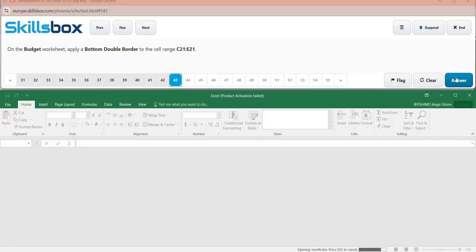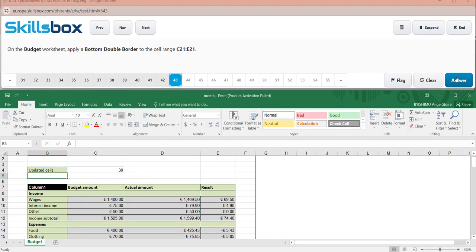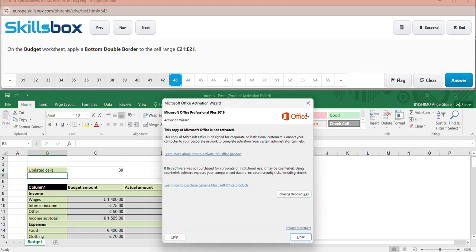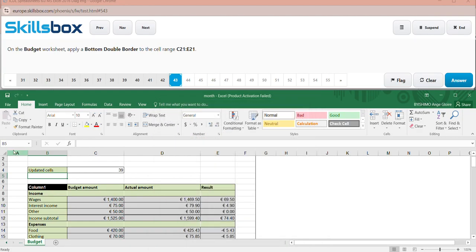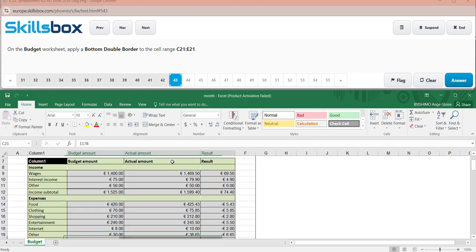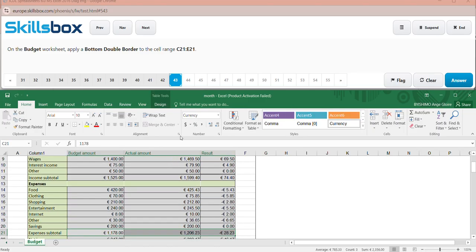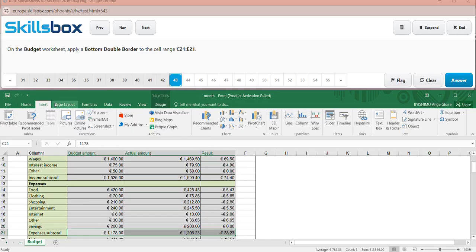On the budget worksheet, apply a bottom double border to the cell range C21 to E21. Let's first find the cell C21 and cell E21. We are going to add the bottom double border. We come to